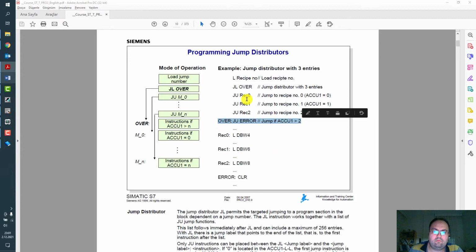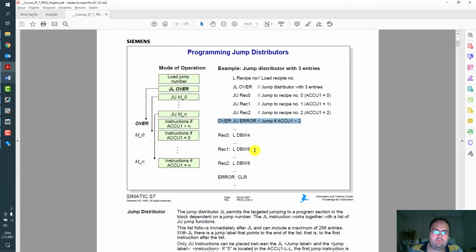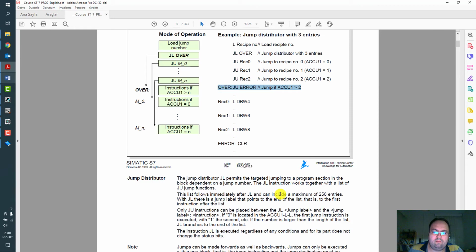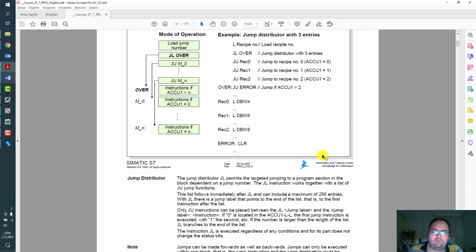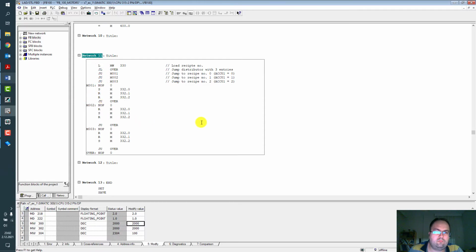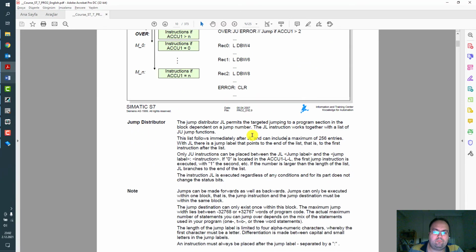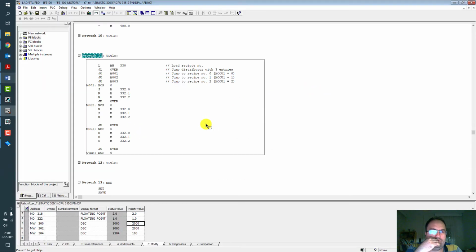Okay. Jump label, list of jump functions. Or jump unconditional.